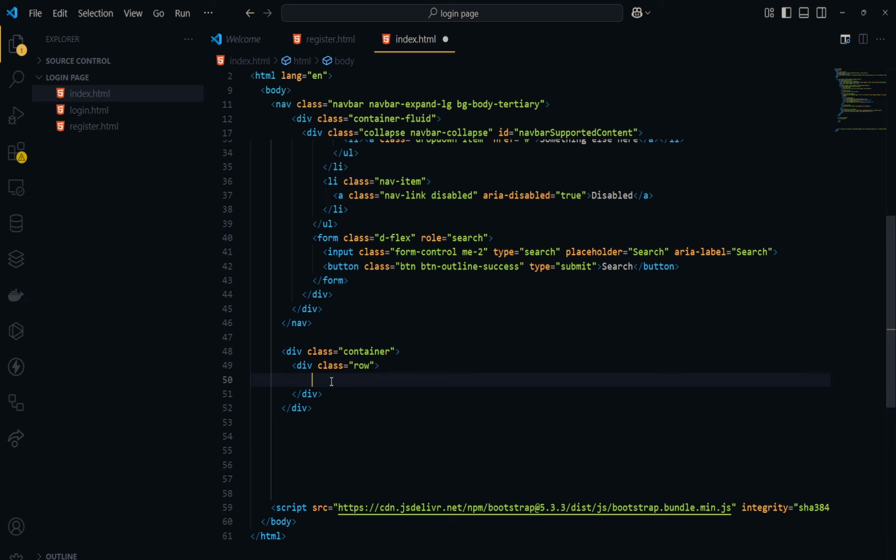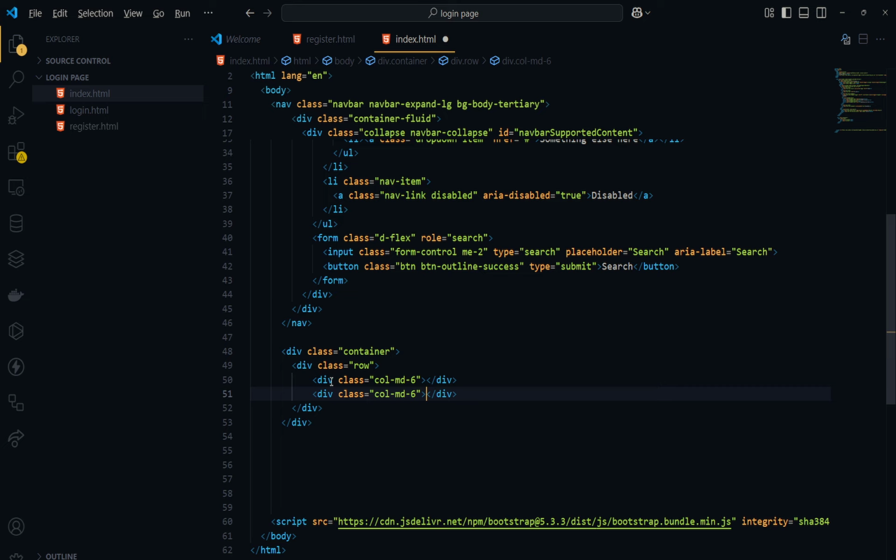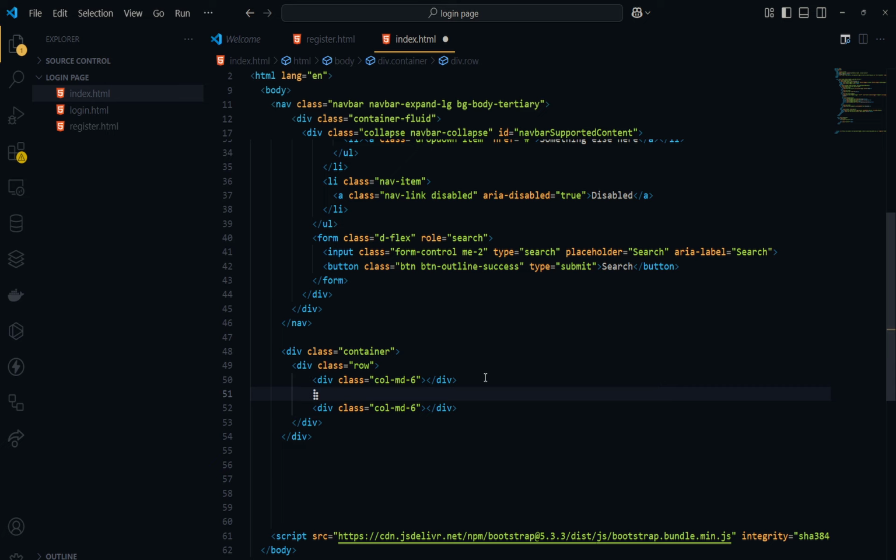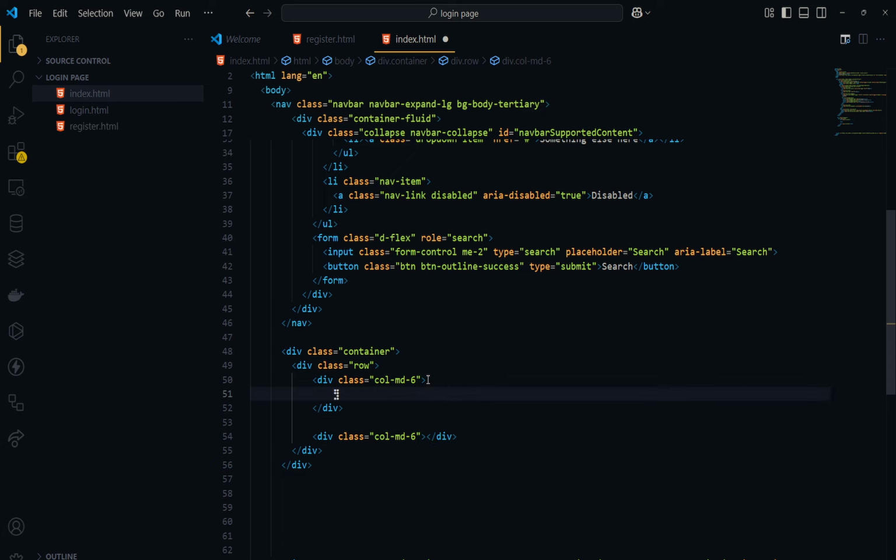Then what we need to do is type the container, after that the row, and at last the column, division dot col-md-6, and we'll duplicate it using Alt+Shift and the down arrow key. First let's separate the two divisions, and then we'll separate the opening and closing tags, so we can write the content here. So for the first one, you can